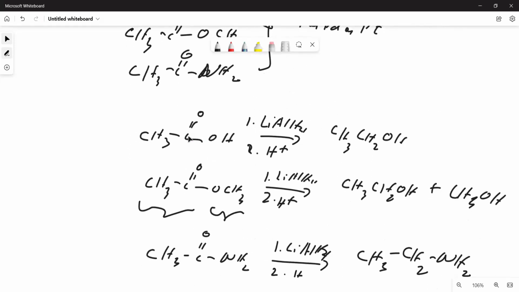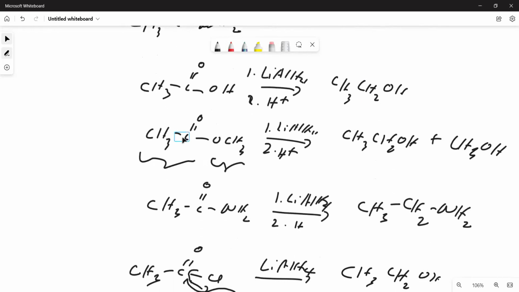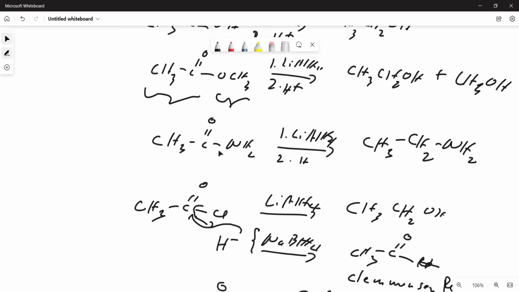So look at this. Carboxylic acid, if you use lithium aluminum hydride followed by acid, okay, this will become alcohol. So from acetic acid to ethyl alcohol. Same thing with ester. If you react this with these reducing agents, two alcohols are formed. From the two carbons on the left, will form ethyl alcohol. From the alcohol side, will form methanol. Okay. Now, how about amide? For amide, it's the replacement of the carbonyl group with hydrogen, resulting in ethylamine.